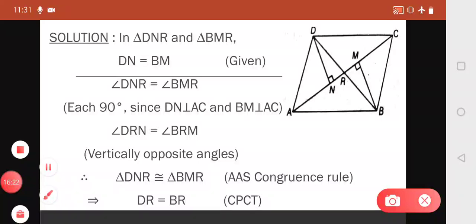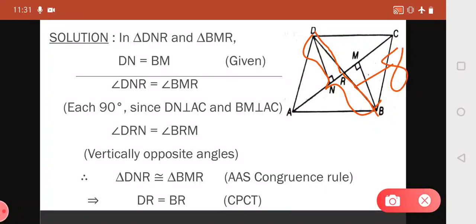As you can see in the figure, when we multiply both the sides of DR equal to BR by 2, we get 2 times DR equal to 2 times BR. But 2 times DR will become BD. So we write BD equal to 2 times BR. Already we are noting that BR is given as 8 centimeter. So this will be 2 times 8, so we will get whole BD as 16 centimeter.